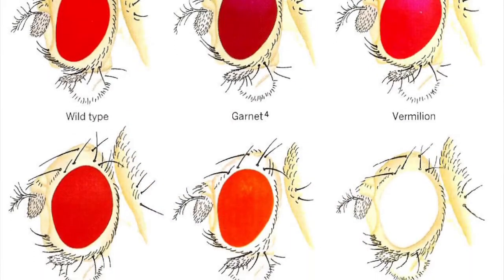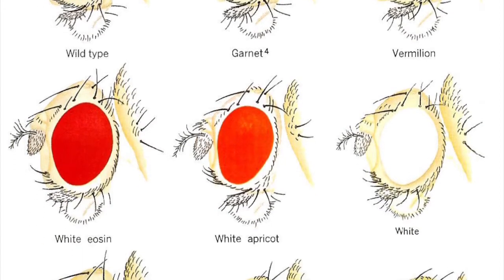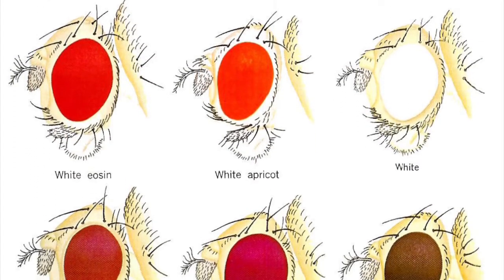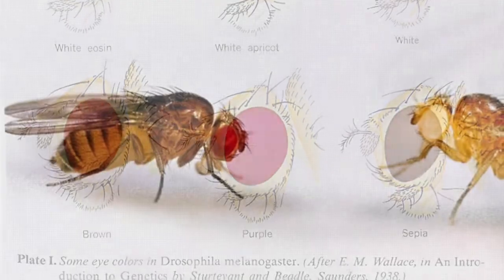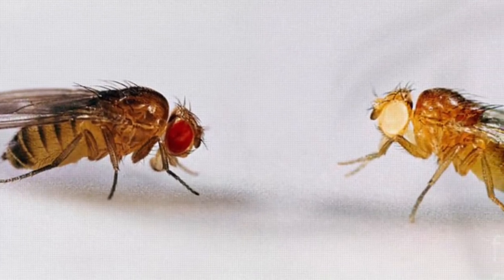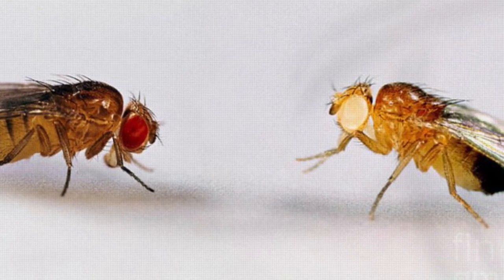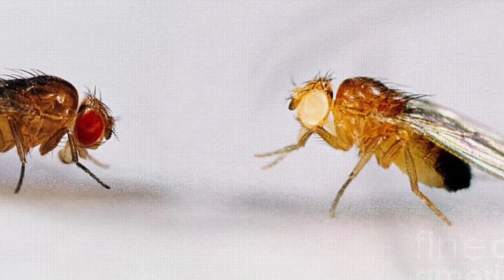If the mutation prevents the synthesis of a certain pigment, the eye color will be different. For example, if the brown pigment pathway is blocked, only the red pigment is made and the fly will have bright red eyes. If both pigment pathways are blocked, no pigment is made at all and the fly will have